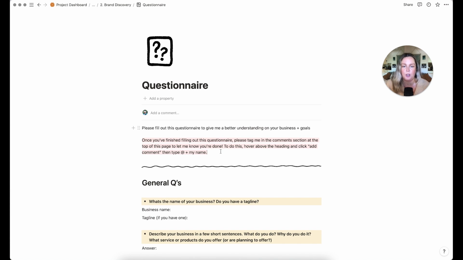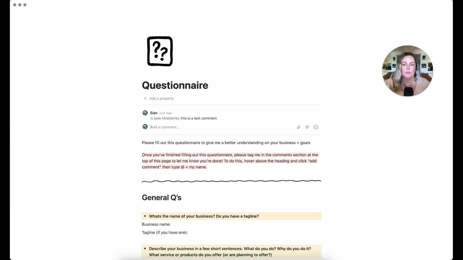But originally we tried doing that. We tried having a comment box set within the page, just like I showed you, but it became really messy and hard to keep track of. So I would definitely recommend actually using this comment box. It's just a lot easier. It's a comment box, so it's made for conversation. It works the same way, so you still tag people. So if I would tag Jade and then send it,